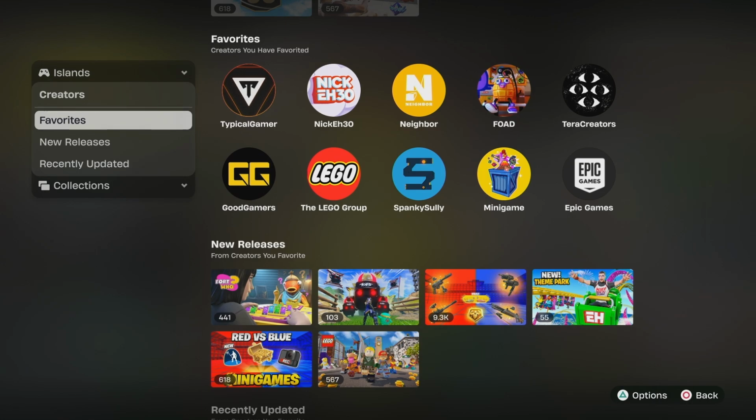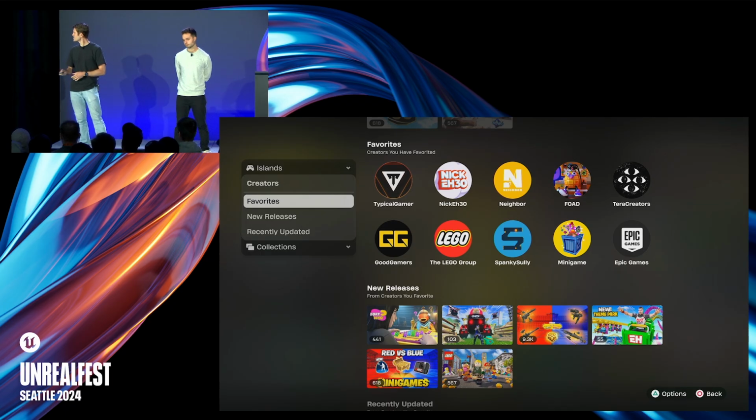New releases will be all the different islands that are coming out, and then underneath that, you can see at the very bottom here, is recently updated. This is just an example screenshot, but this is what we're thinking and what we're hoping, that players start to really lean into their library, as this is the place for me. This is my content that I'm super excited about within the ecosystem. I recently played, my favorites, as well as you'll see collections down there, which I don't know if you'll talk about later. We'll tee it up. Collections, we're going to get to it.